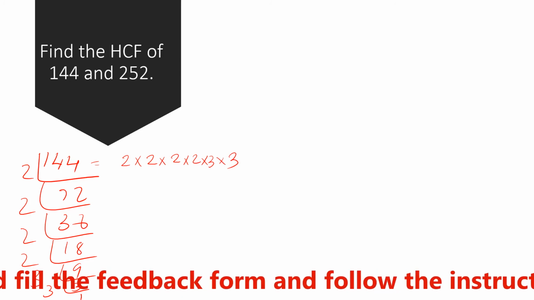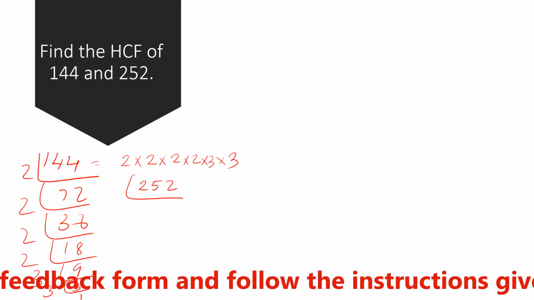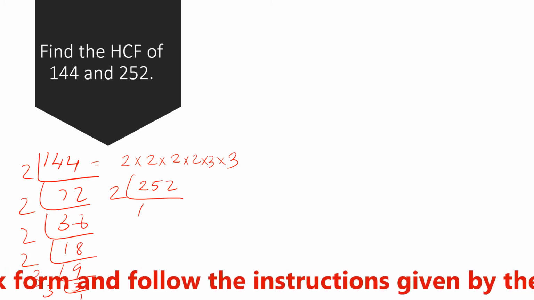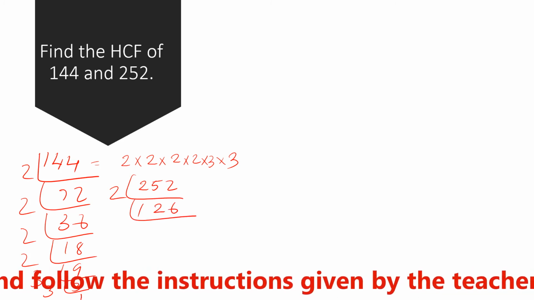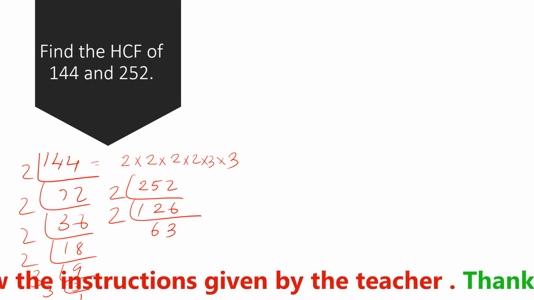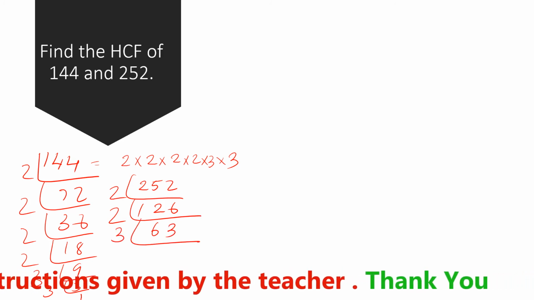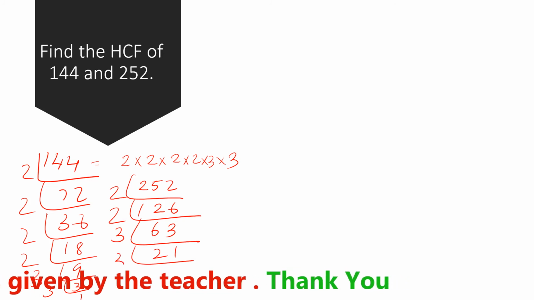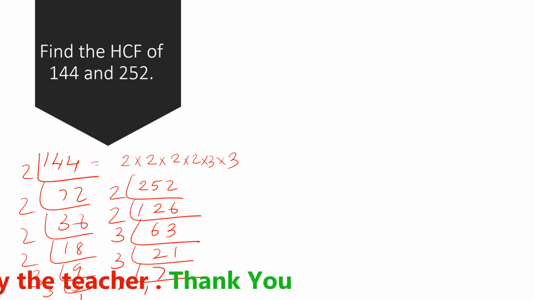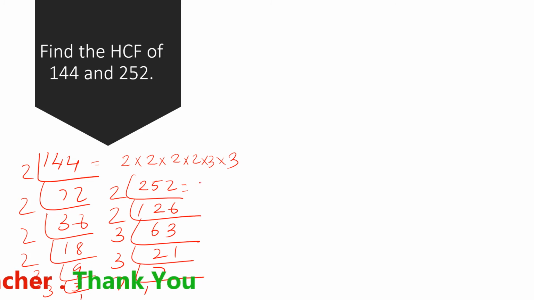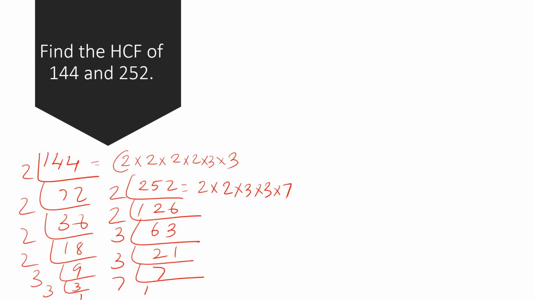If you think about 252, if I divide by 2, it will be 126, 2 2s are 252, then by 2 it will become 63, it can be divided by 3, it will become 21, it can be divided by 3, 7 3s are 21, 7, 1, and I will write 252 is equal to 2 into 2 into 3 into 3 into 7. These are the factors, and the common factors are: one 2 here, second 2, 2 2s are 4, here 3 is there, 3 is there.